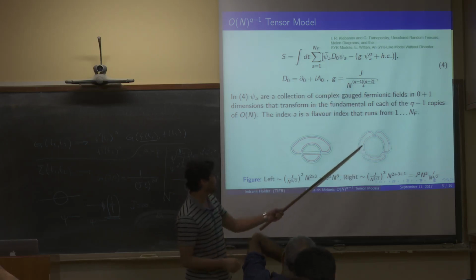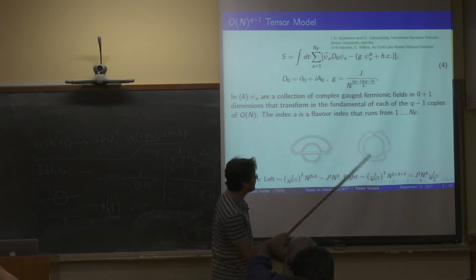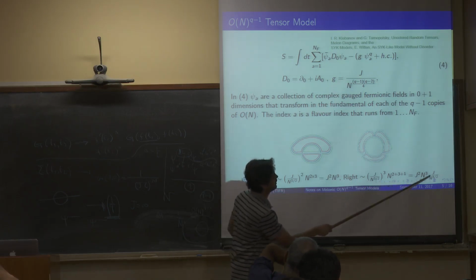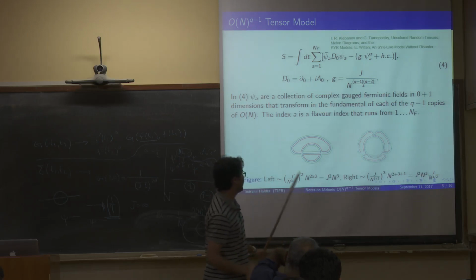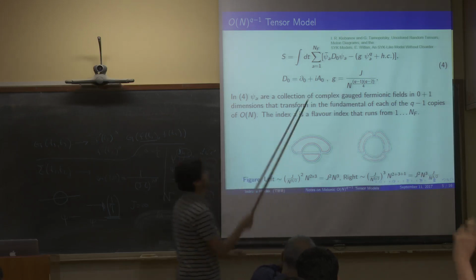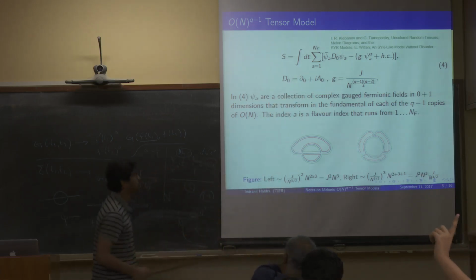Whereas this is some non-Melonic graph. If you do the same analysis, you get 3 of them, and then you have fewer loops. So this is subdominant in the large n limit as compared to these Melonic graphs. And Klebanov has gone to some distance to prove